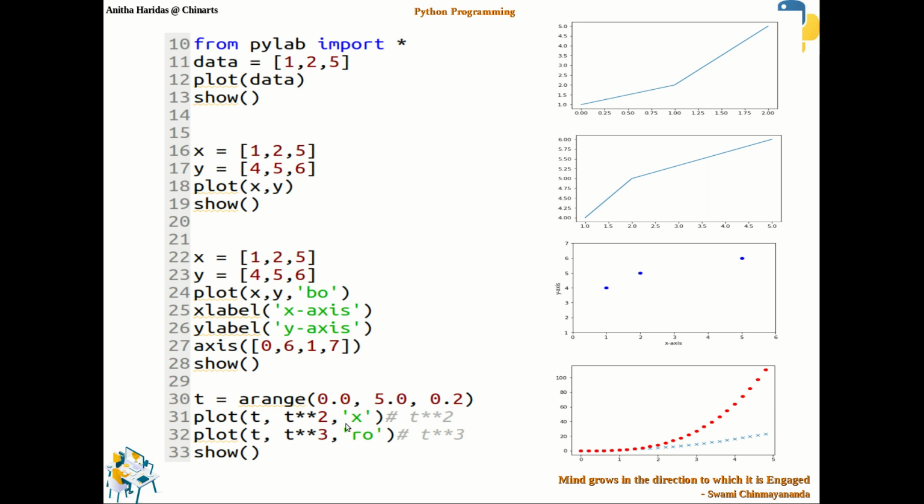If you observe here, for the first one I have given cross as the symbol. I want the plotting to be done in crosses, whereas in the second one I want the plotting to be done in circles or dots, but in red color. Here I have not given any color, so what is the default color? It is obviously blue. So in the graph I get the cross marks in blue color and the dots in red color. We will be seeing how all these things can be changed in Matplotlib or PyPlot.